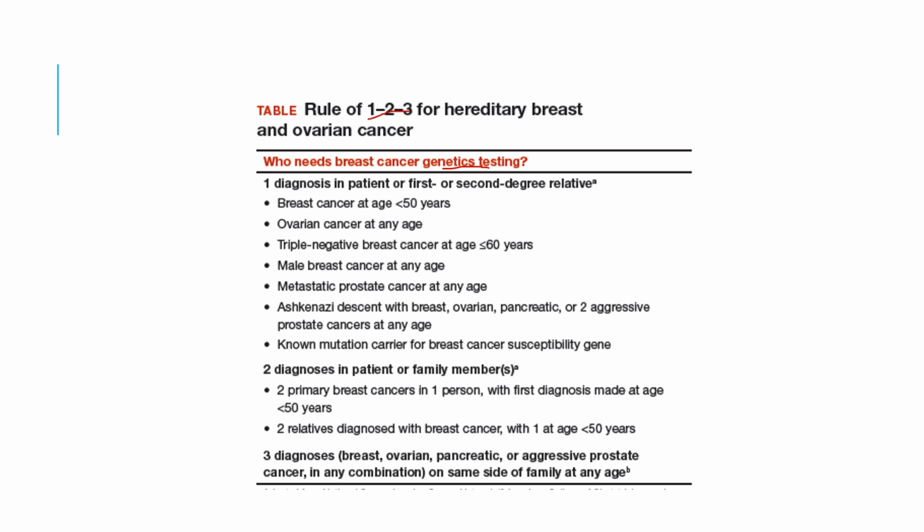So what is the 1, 2, 3 rule for hereditary breast and ovarian cancer? Who needs genetic testing? One diagnosis in the patient or a first or second degree relative: breast cancer at an age less than 50, ovarian cancer at any age, triple negative cancer at less than 60, male breast cancer at any age. That is, if the patient has a first degree or second degree relative, or in the patient itself, if we are seeing breast cancer less than 50 years, ovarian cancer at any age, triple negative cancer at less than 60 years,